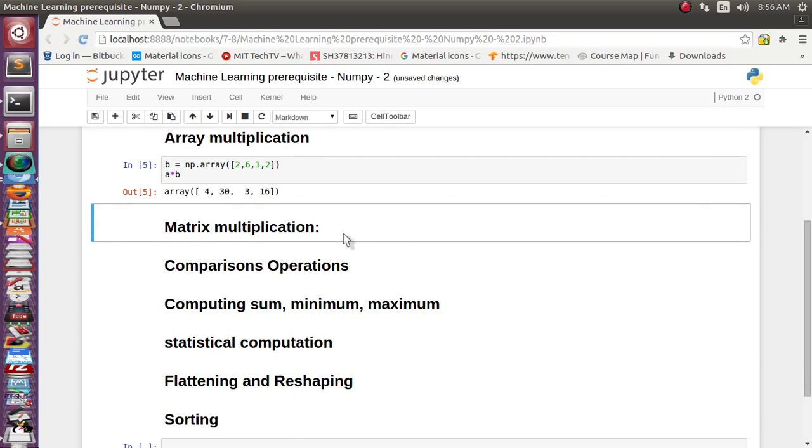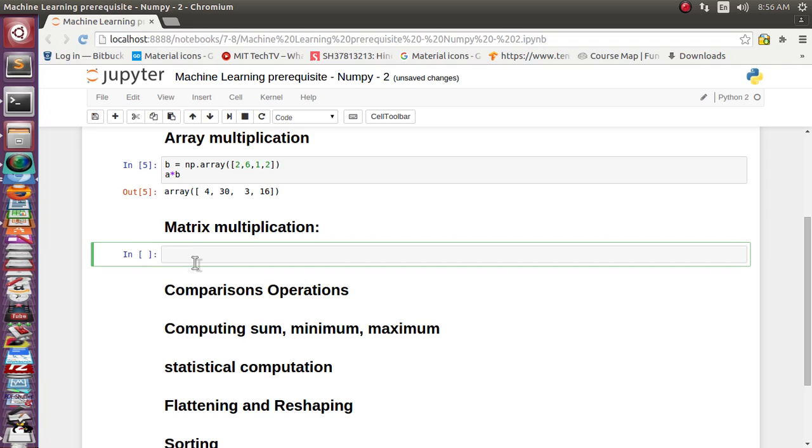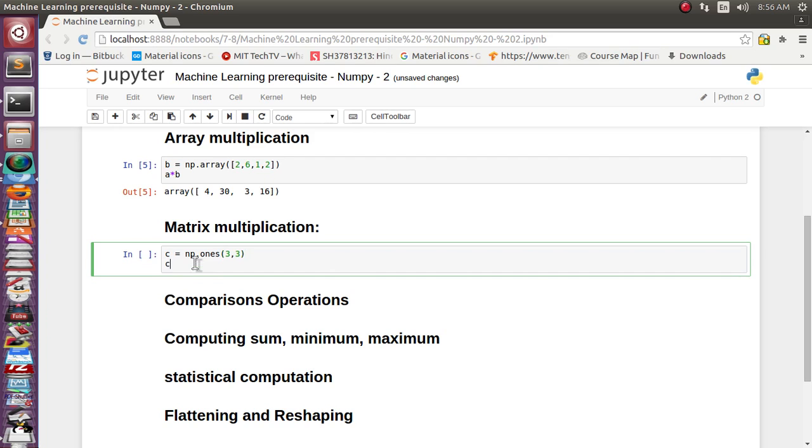Let's see the matrix multiplication. So for matrix multiplication, let's define one array. We have seen earlier how to construct an array where all values will be the same, and let's print it.